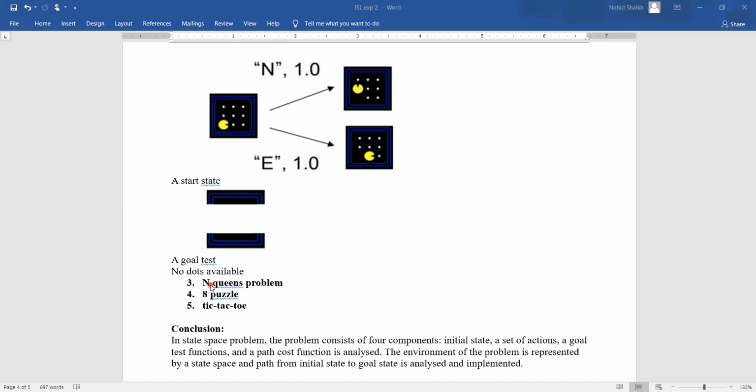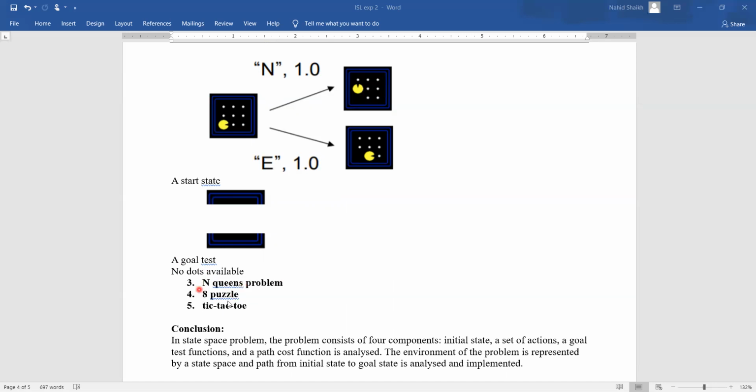Like for the n queen problem, you can consider the four queen problem. For the four queen problem, as you know, the set of possible states for the queens is very large. So what you need to do is write it in words. You can put four queens in any of the blocks, and that is nothing but a state, right? But here also you cannot define the goal state, you need to define the goal test. How can you define the goal test for the n queen problem? The queens are present in such positions that they are not attacking each other. That is my goal test.